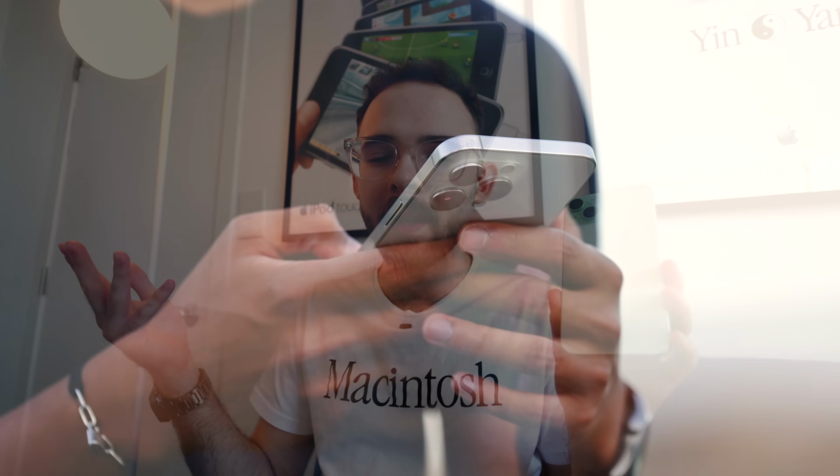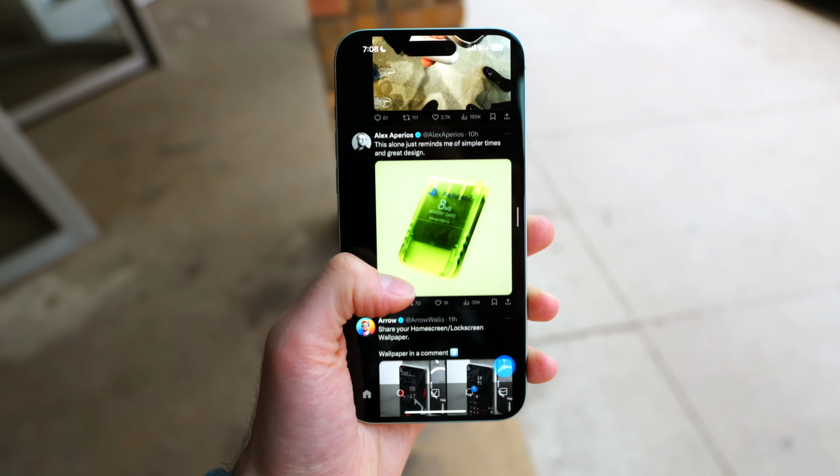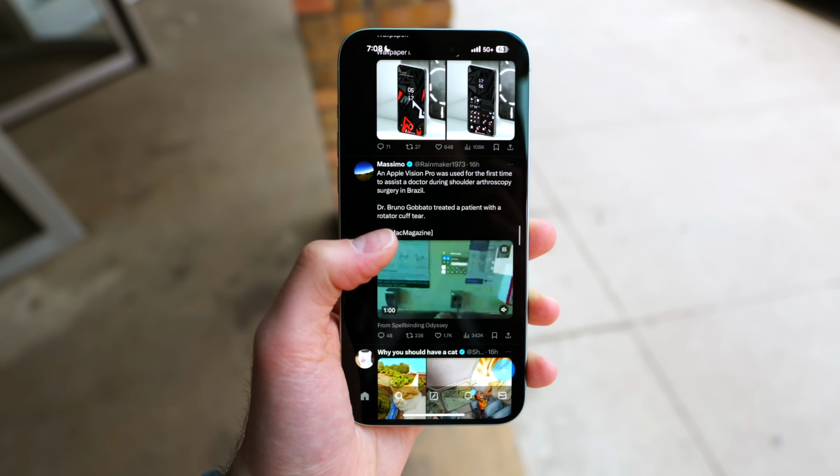All right, next up, let's talk about performance. And I'll make this quick because like I said in my 15 review, it's becoming a little irrelevant. Each new chip upgrade is welcome. I mean, don't get me wrong, I'd love to see 3nm processes come to iPhone with the A17 Pro and the iPhone 15 Pro, but the 5nm A16 Bionic in here, which is the 14 Pro chip, is